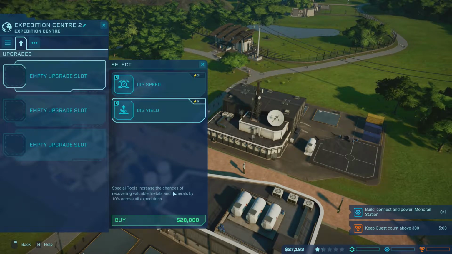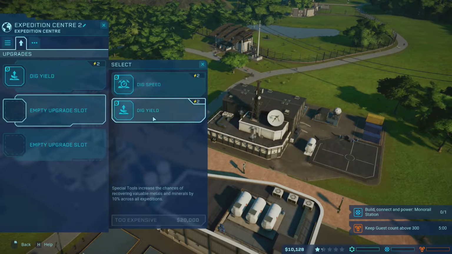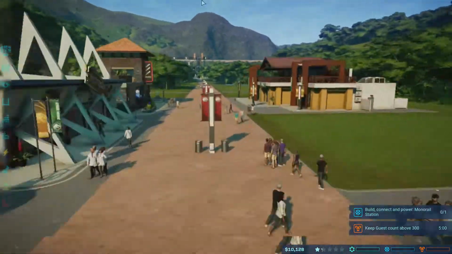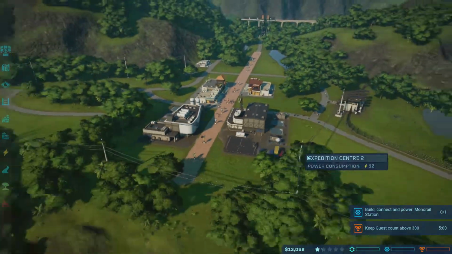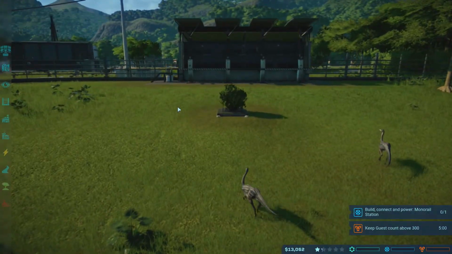Special tools increase the chances of recovering valuable metals and minerals. That's got to be the one. Dig yield. We haven't got enough money for another one, but we could also do dig speed. Godspeed. And guys, look, things are looking up. We have our income now. We have our income from these guys. We have a little bit of income from the Struthiomimuses. And I think we're going to...